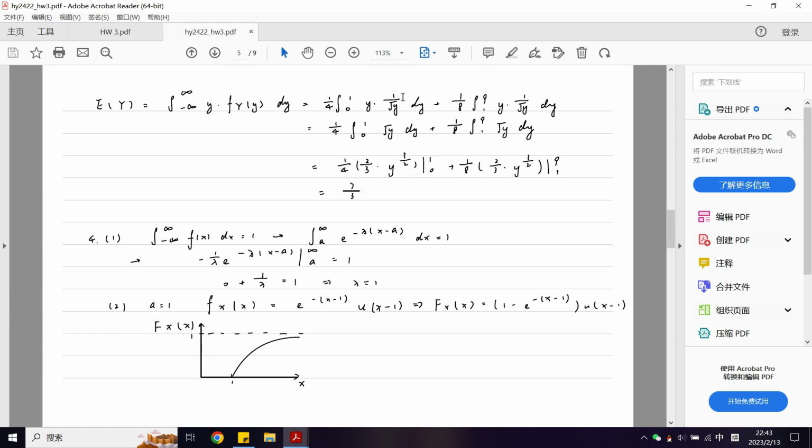There are two parts. The first one is the integration from 0 to 1 of y times the reciprocal of square root y, and the second one is the integration from 1 to 9 of y times the reciprocal of square root y. And then we do the integration and finally get the answer, which is